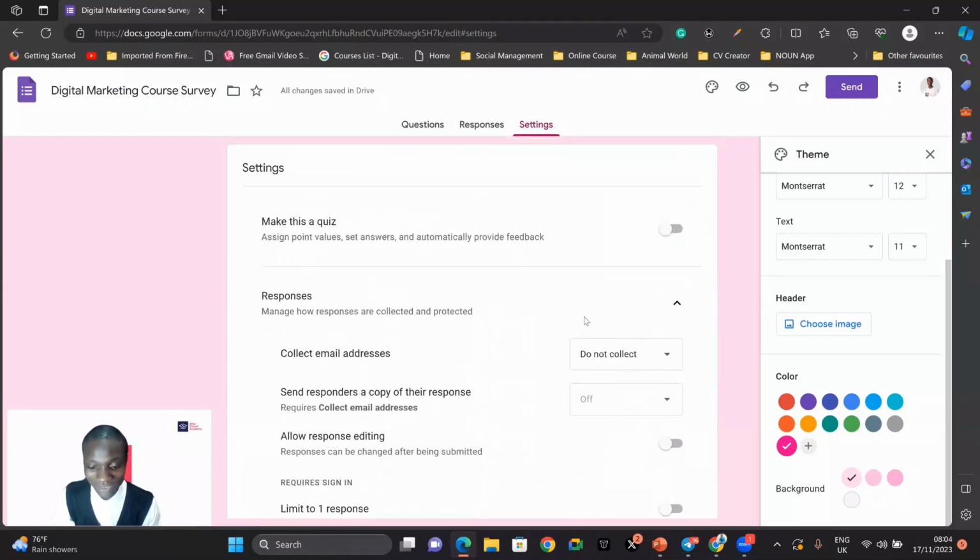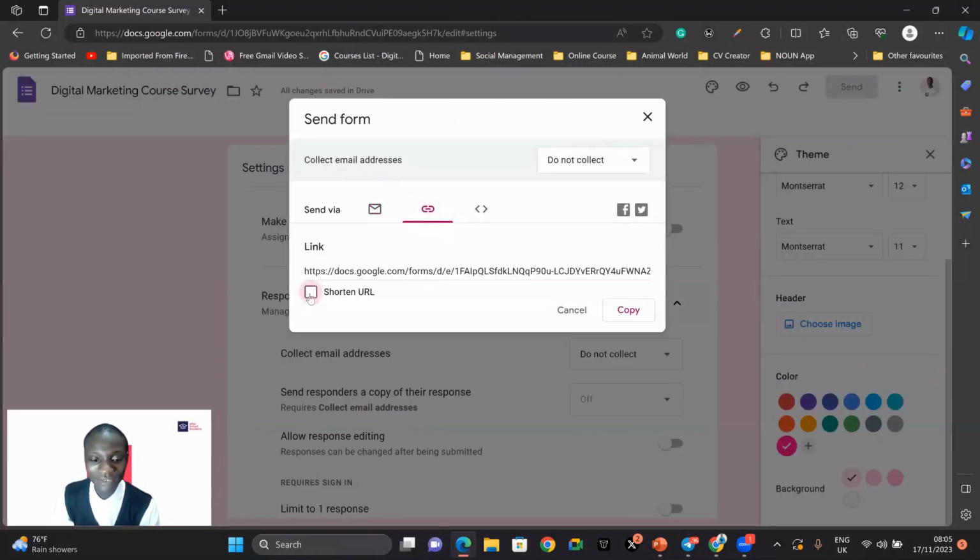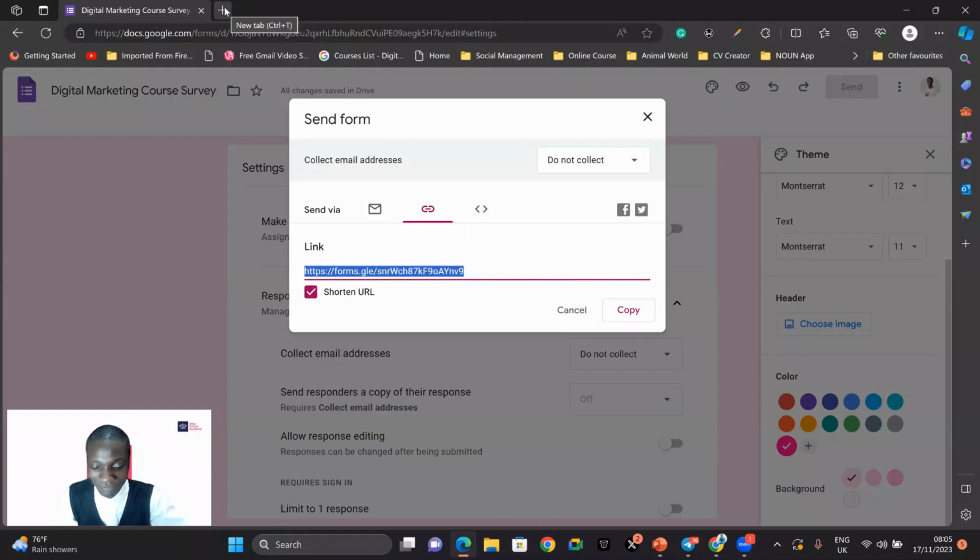So leave the rest like that, and to send now, click on send, then click on the link here, click on shorten URL. So this is the link you are going to send to your people to fill the form for you. So just click on copy, then as soon as you have copied it, put it in maybe your notepad or anywhere.